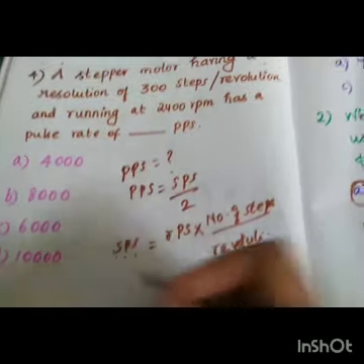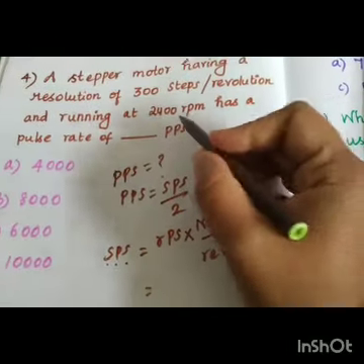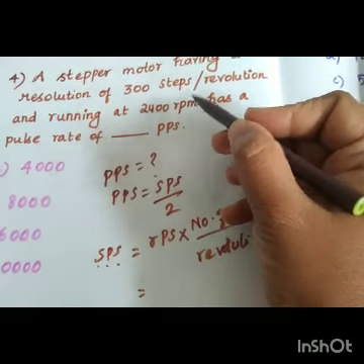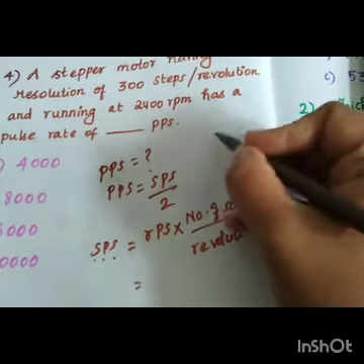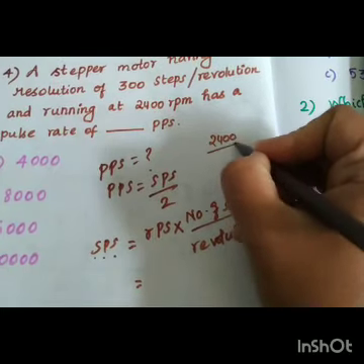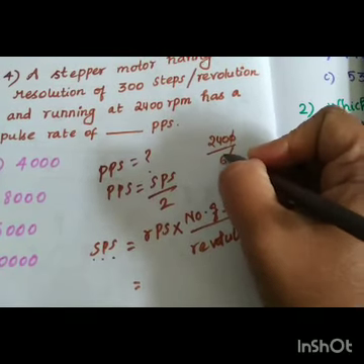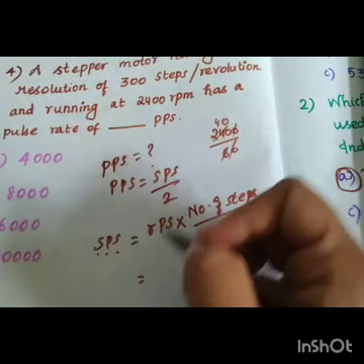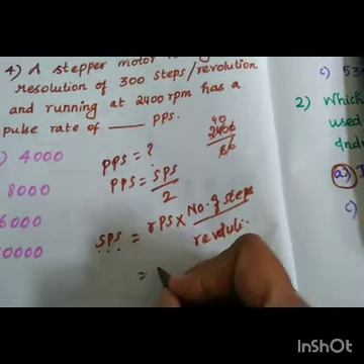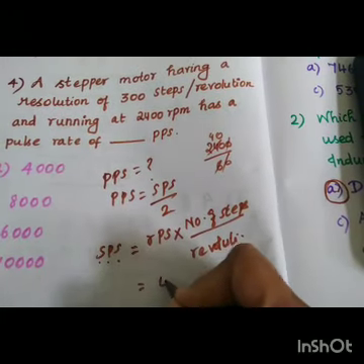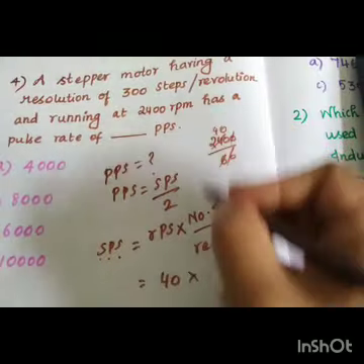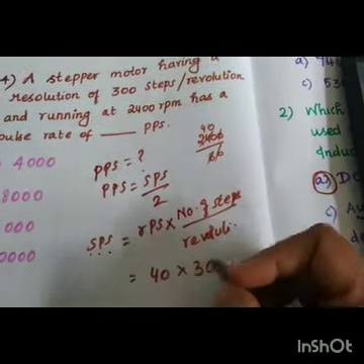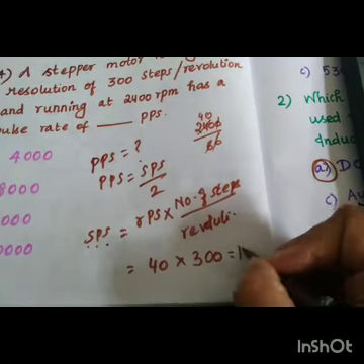So we need RPS. What have they given us? 2400 RPM is given to you. How can we convert to RPS? Minute into second, so 2400 by 60, am I right? Divide by 60, what do you get? It is equal to 40, right? That is the RPS, okay? Into the number of steps per revolution, it is given to you, no worries. So 300, okay? So 40 into 300, I can write it is 12,000